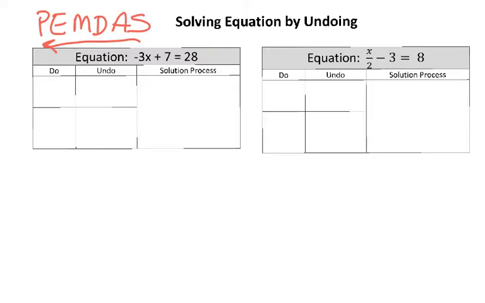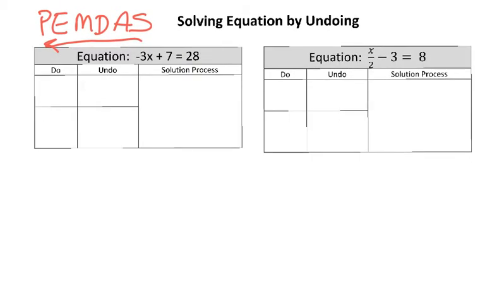First of all, we're going to take a look at the example, negative 3x plus 7 equals 28. We have to think about what we would do normally if we were solving this like a regular equation. The first thing we would do would be to multiply by negative 3, and then we would add 7. However, to undo and solve for the variable, we would go backwards and we would subtract 7 and then divide